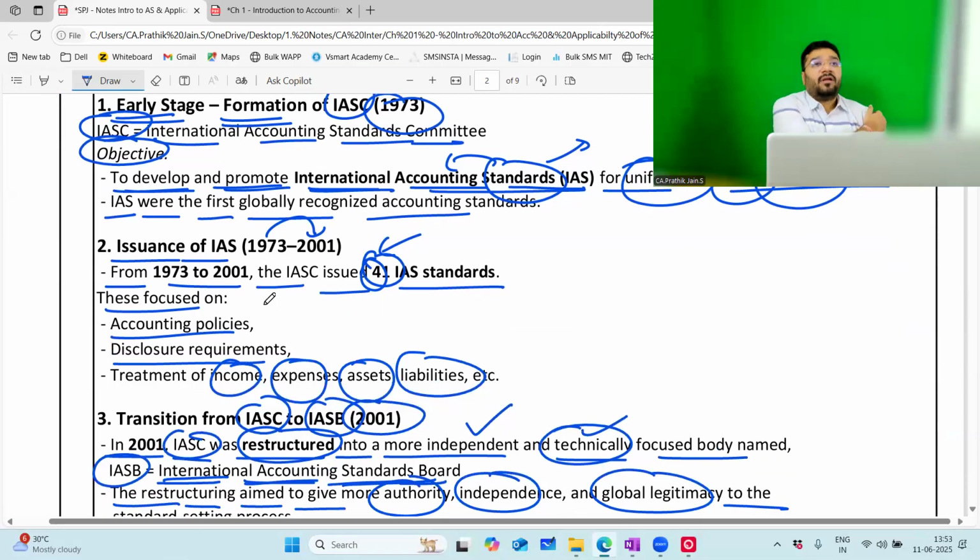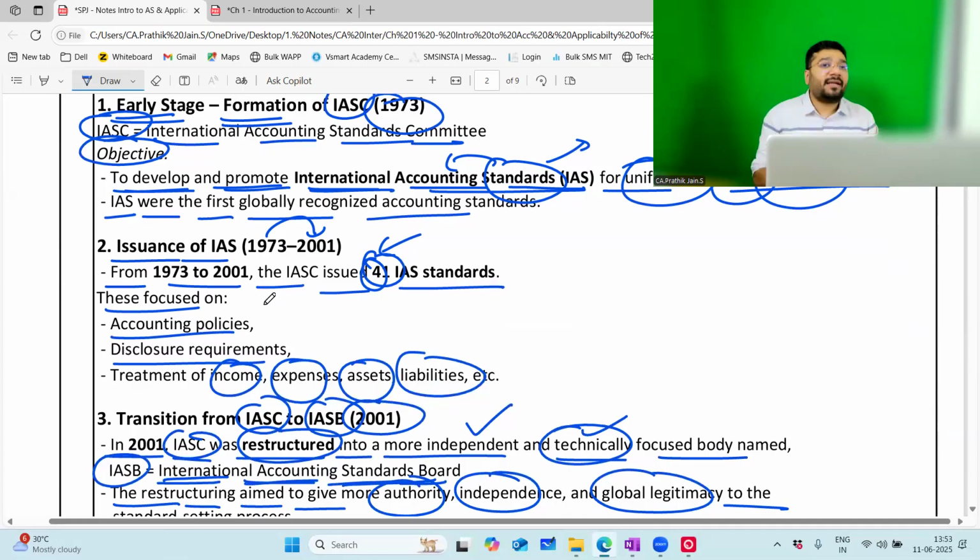Then, over a period, we felt that this committee's members were outdated. They were not updated, not technically strong, and not dynamic to the changes that were happening. Worldwide, a lot of changes were happening dynamically, and to that level this committee could not match up.